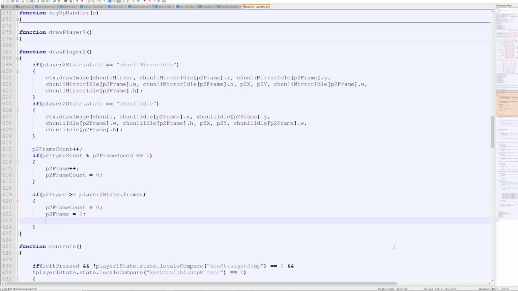And so what we want to do now is say if player 2 state dot next state is equal to Chun Li mirror idle. Okay, so this is actually a Chun Li with a lowercase l. Some of the naming gets kind of off, but no big deal. And so I'm just going to go ahead and copy this. And so if the state is also Chun Li idle,